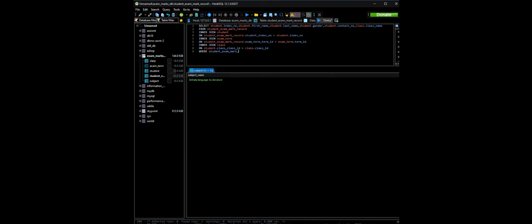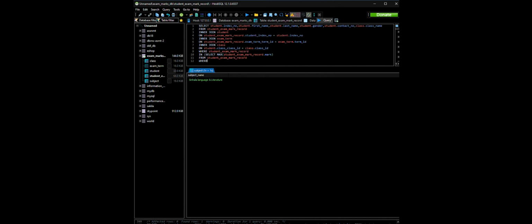Considering this table, we are going to open in a subquery to select the max. So the max student exam mark record dot mark. Okay, so we are taking this from the student exam mark record table, and again our next data is going to be taken from that too,